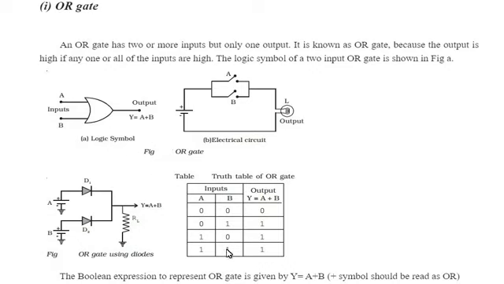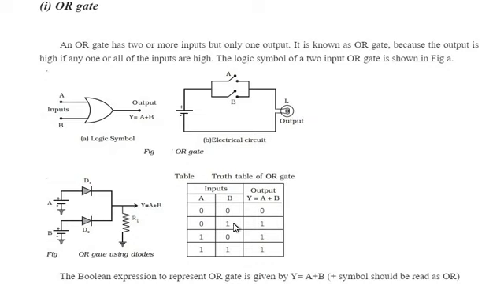Now let us check all the possible combinations one by one with the help of this circuit. If A and B both are 0, it means there is no voltage applied to this lamp. The battery is applied to the switches, but both switches are open because A is equal to 0 and B is equal to 0. Therefore there is no complete closed circuit and the lamp switches off. And we know that if the lamp is switched off, that is logic 0.